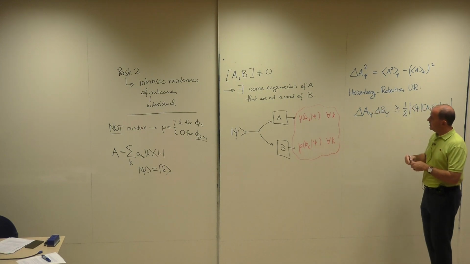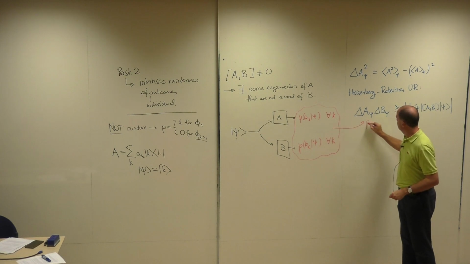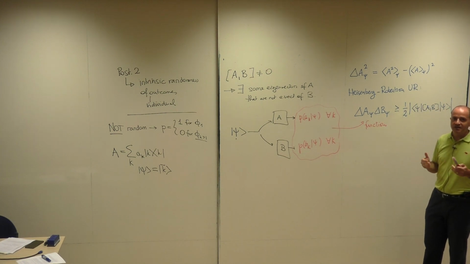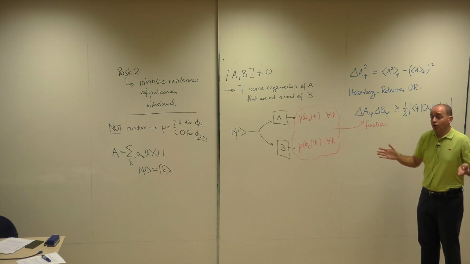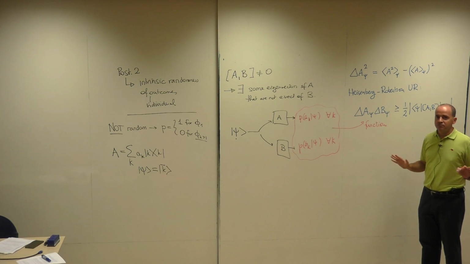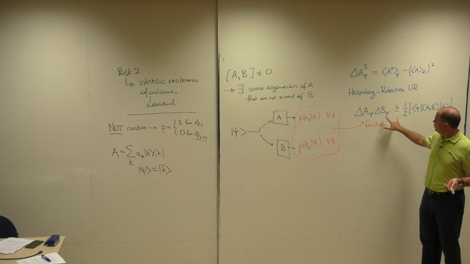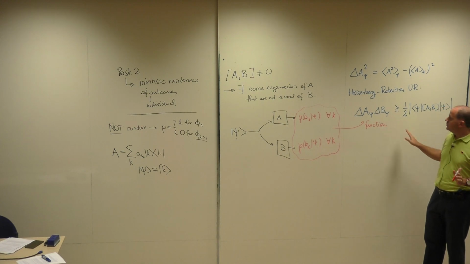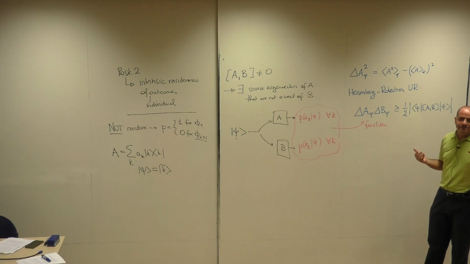This object is a function of these probabilities. When you compute a function, necessarily you lose some information, or at best you keep it. Right? You cannot increase the information value. As a matter of fact, when you compute this function, you lose a lot of information. So there's nothing fundamental in the uncertainty relation.